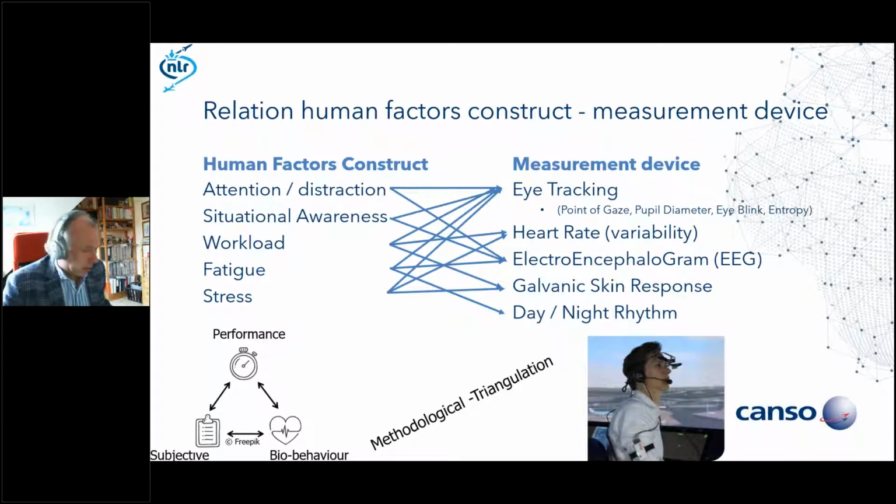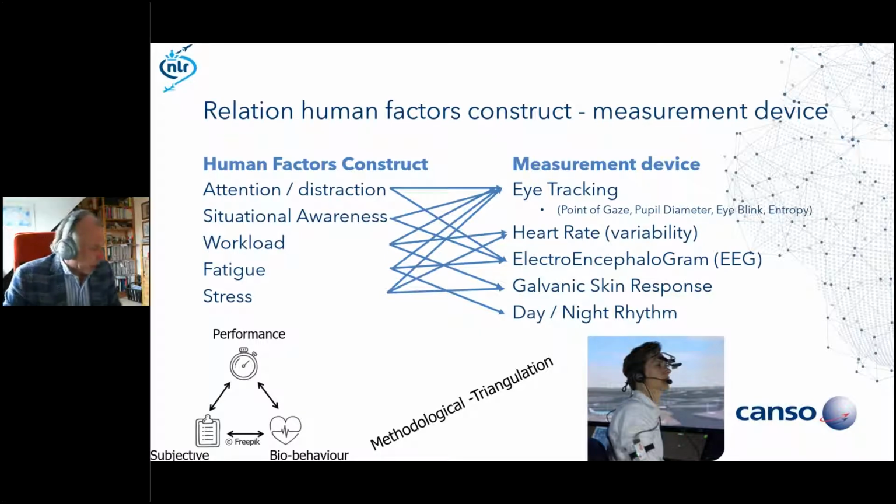Further, what you see here is that it is basically biobehavioral data on the screen. It is not subjective data, not questionnaires, not performance data, not the amount of aircraft being handed over. Those data are needed as well. That is what we call methodological triangulation. If you take them all together, you can make the most complete and detailed picture of what's going to happen